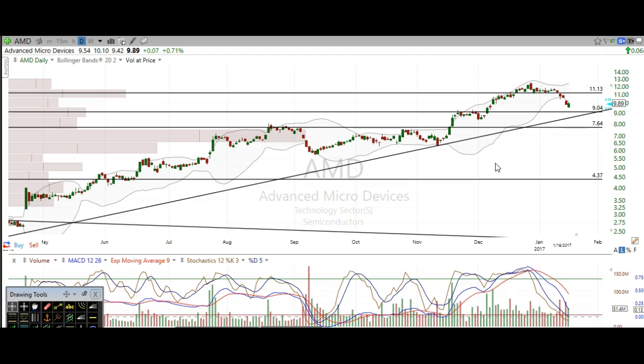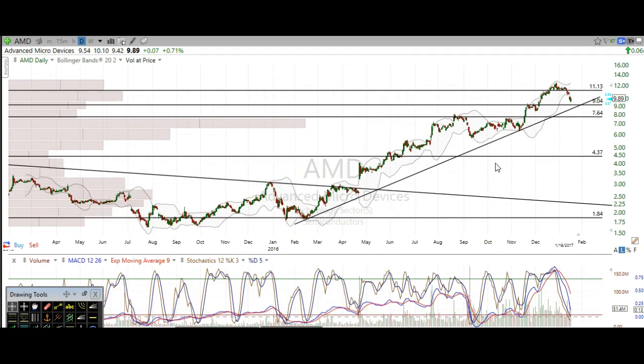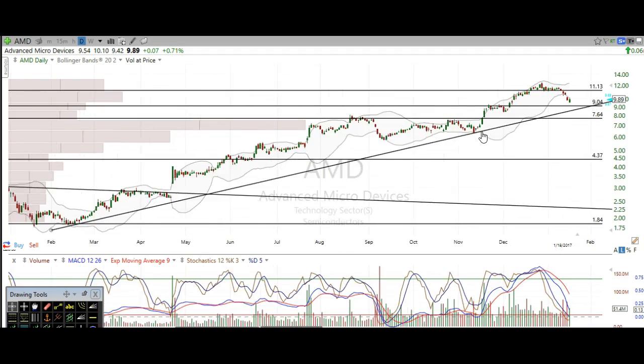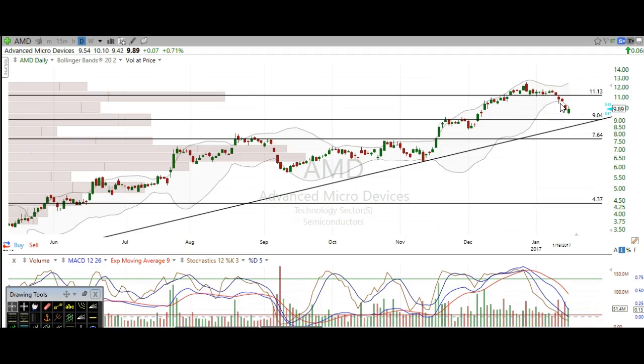Alright, so the first one that we're going to be covering is AMD, Advanced Micro Devices. And AMD, let's just back it out and zoom out. This is a very bullish chart, okay, overall. We've had some mini dips here and there. You can see they've all got bought, okay. Very bullish stock. The trend is up on this stock. Clearly we are seeing a little bit of a dip right here,